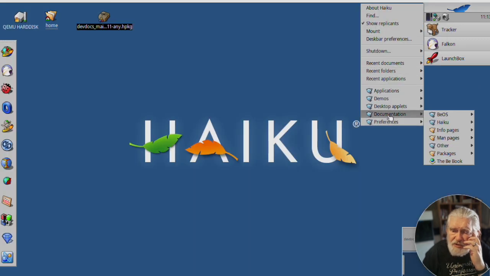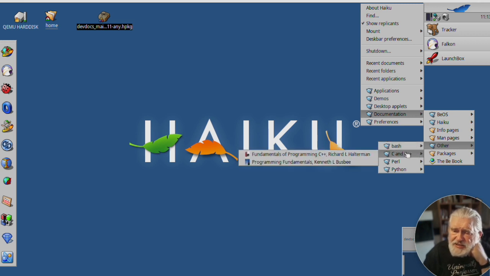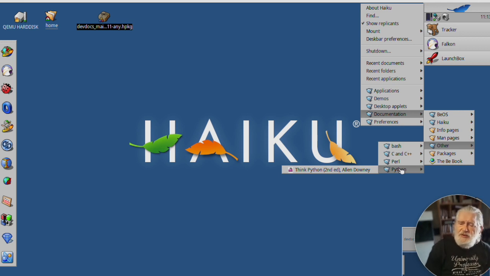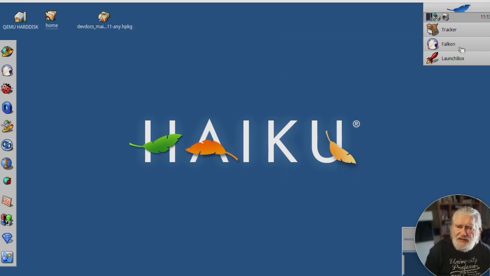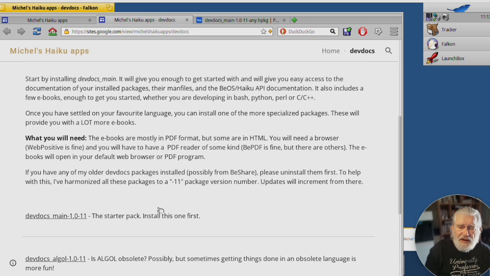Right, so the real action will be here. So for the starter pack, I've put in a little bit on Bash, C and C++, Perl and Python. So now you look at this and you decide, oh boy, yes, Python's for me. I love Python, but now I've only got one little book on it. That is when you go back and you download